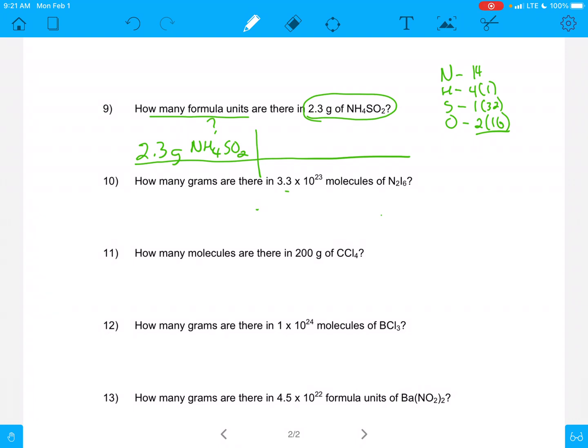That's going to be 16 times 2 plus 32 plus 4 plus 14. That gives me 82. So this is 82 grams per mole. So let's put that in here. I put 82 grams on the bottom, and I put 1 mole on the top. The reason why I put the grams on the bottom is because